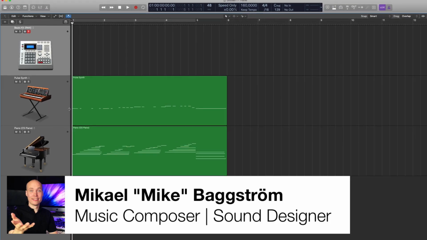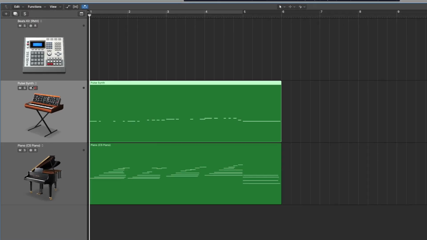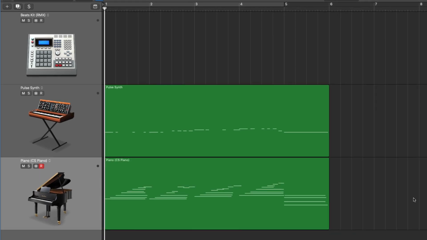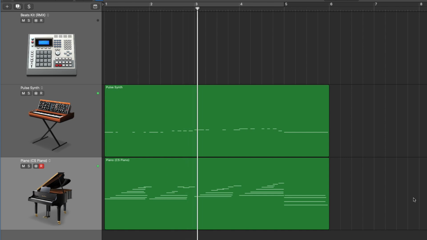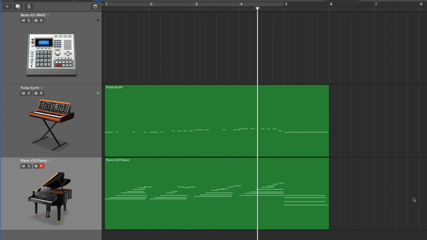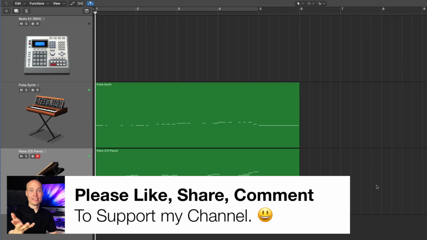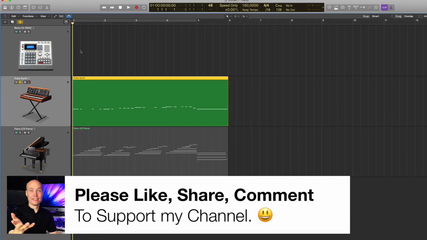Alright, so here I am in Logic Pro X right now, and I have just recorded a simple pulse synth part here and a piano arpeggio, which sounds like this. So the thing I'm going to show you is how you can convert this pulse